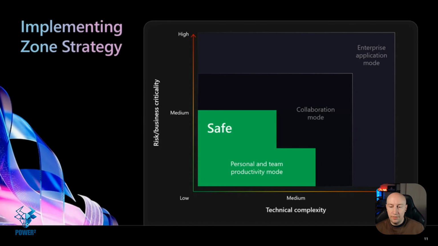So the first one is the safe one. And this is where you'd have your Copilot Lite agents. These are your agents that are talking to SharePoint, or they're talking to a website, and they're just extracting data from that. So they're really quick to get up and running. You just give them a prompt. They don't do anything particularly clever, I suppose, although the results can be quite magical sometimes. One of the ones I created for myself was I fed it my website. And then if I ever need to ask any questions about content on my website, there's an agent for it, and it's within my licensing for that. So it's just amazing from that perspective. So you can spin up tons of them really quickly, and they're very useful, and there's very little risk with them.